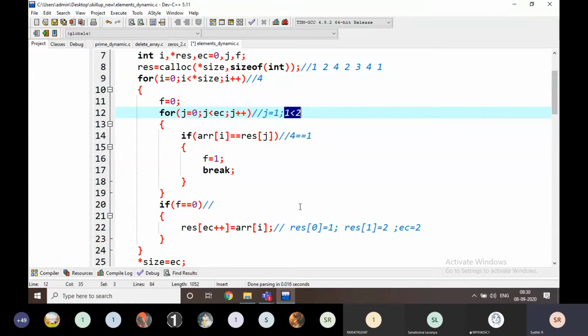This is also true. Then what is RES of j? That is going to be 2. I am going to check, is 4 equal to 2? No, that is also false, right? That is also false. Then j becomes